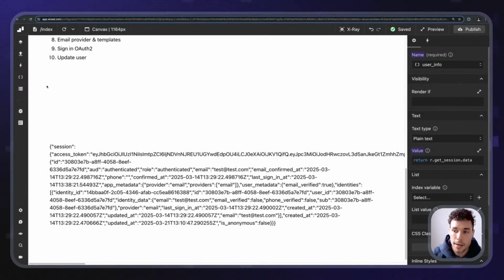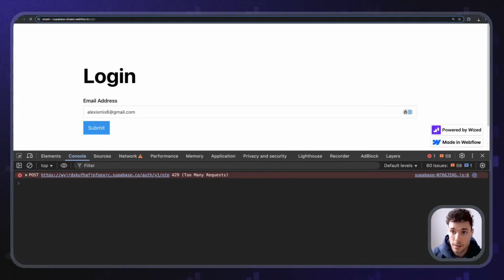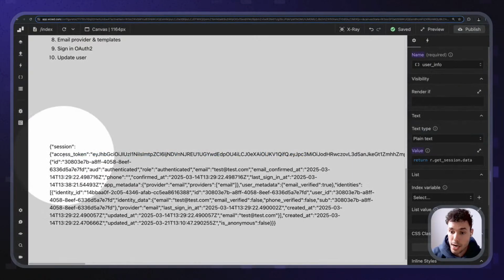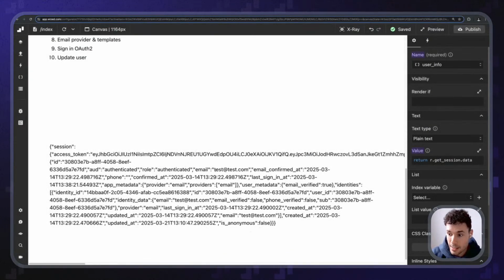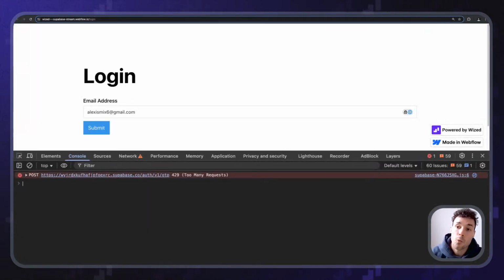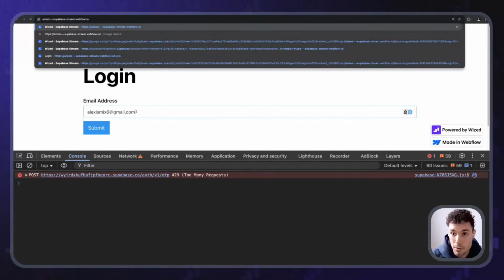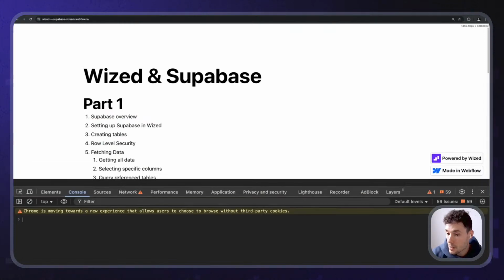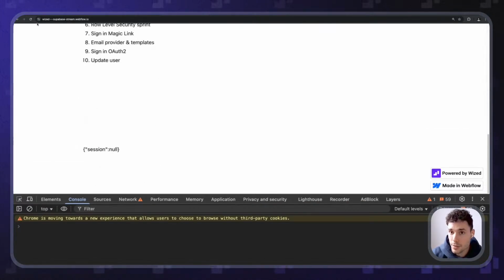configurator, it's a different environment than the Webflow live site. Keep that in mind, because in the Wized configurator I'm still logged in using the test@test.com email that we were using on the second live stream that we did. But in Wized.io, it's a different environment, so I can be logged in and using a different account. It's my personal account in this case. So if we did it right, we should see